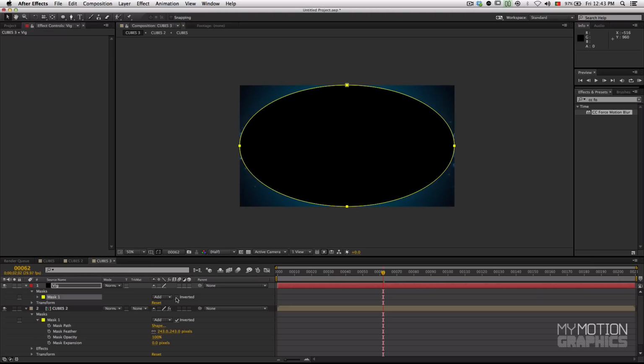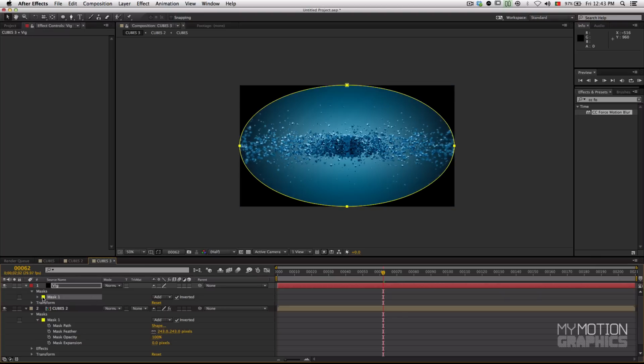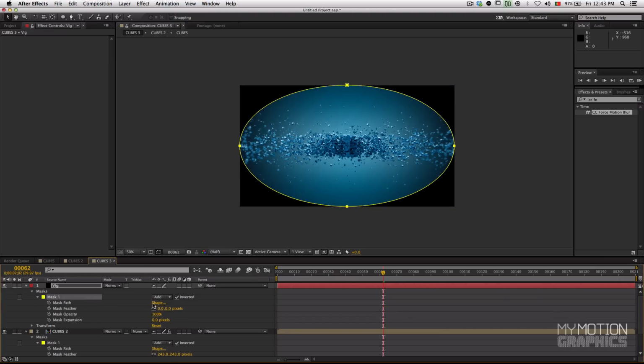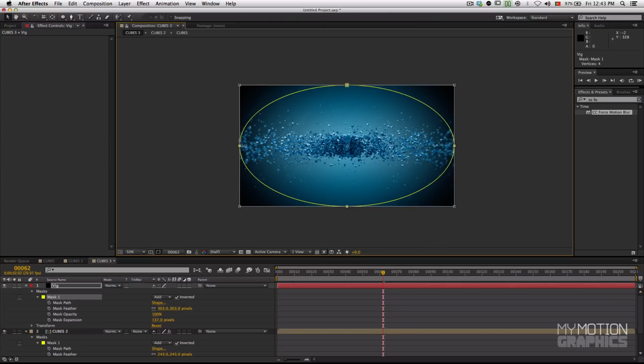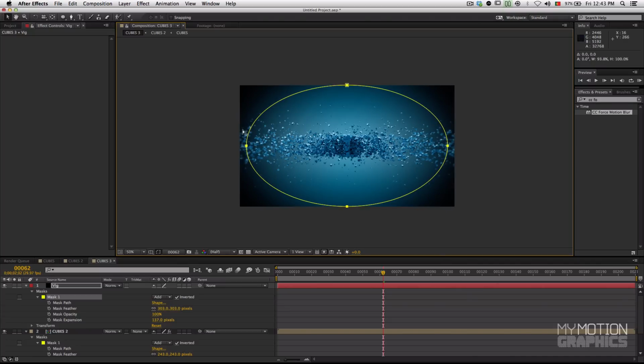We're going to invert the mask, open the mask dialog, and increase the feather a bunch, and then expansion, increase the expansion and increase it a bit more like that. Maybe double click on the mask and bring it a little bit like so we can have some dark